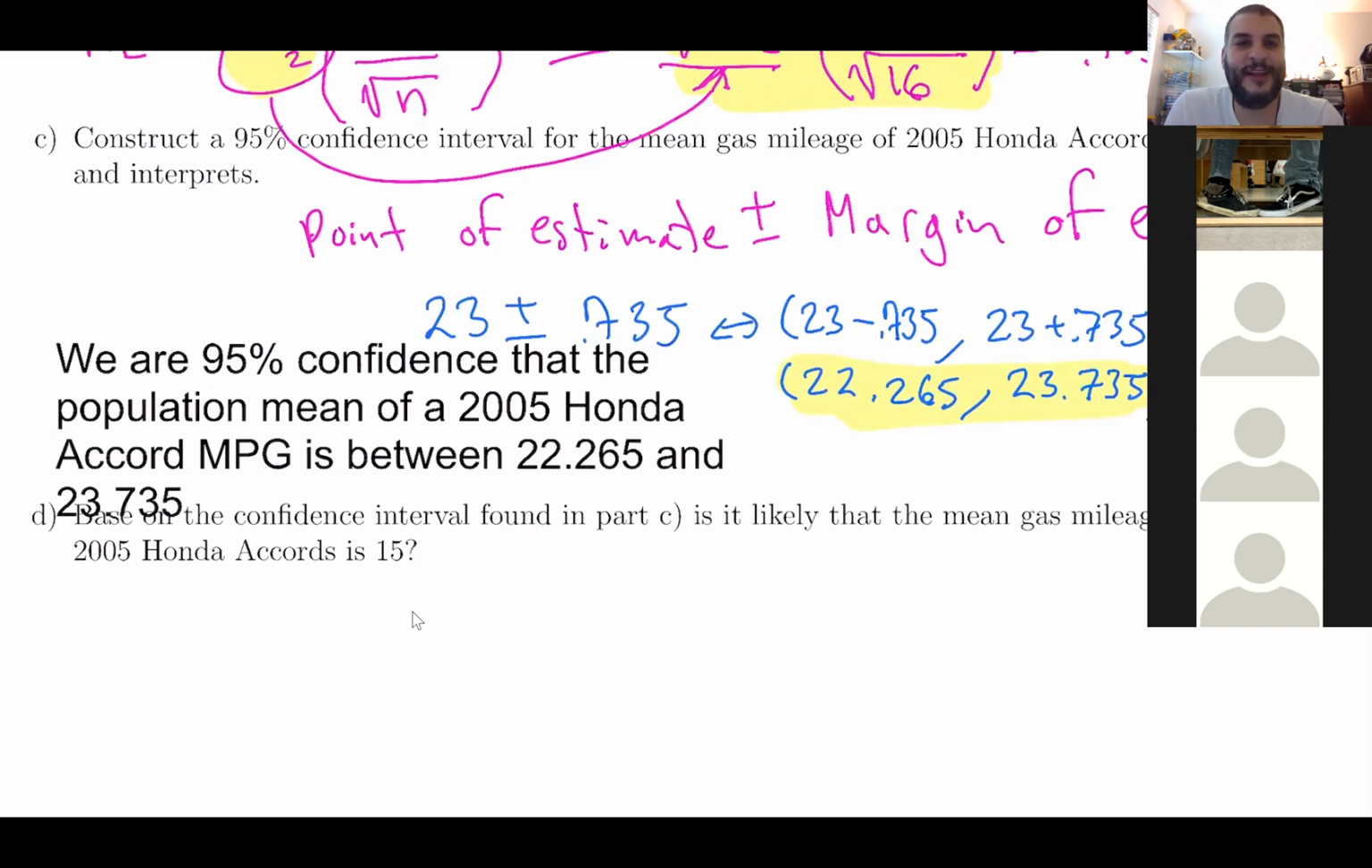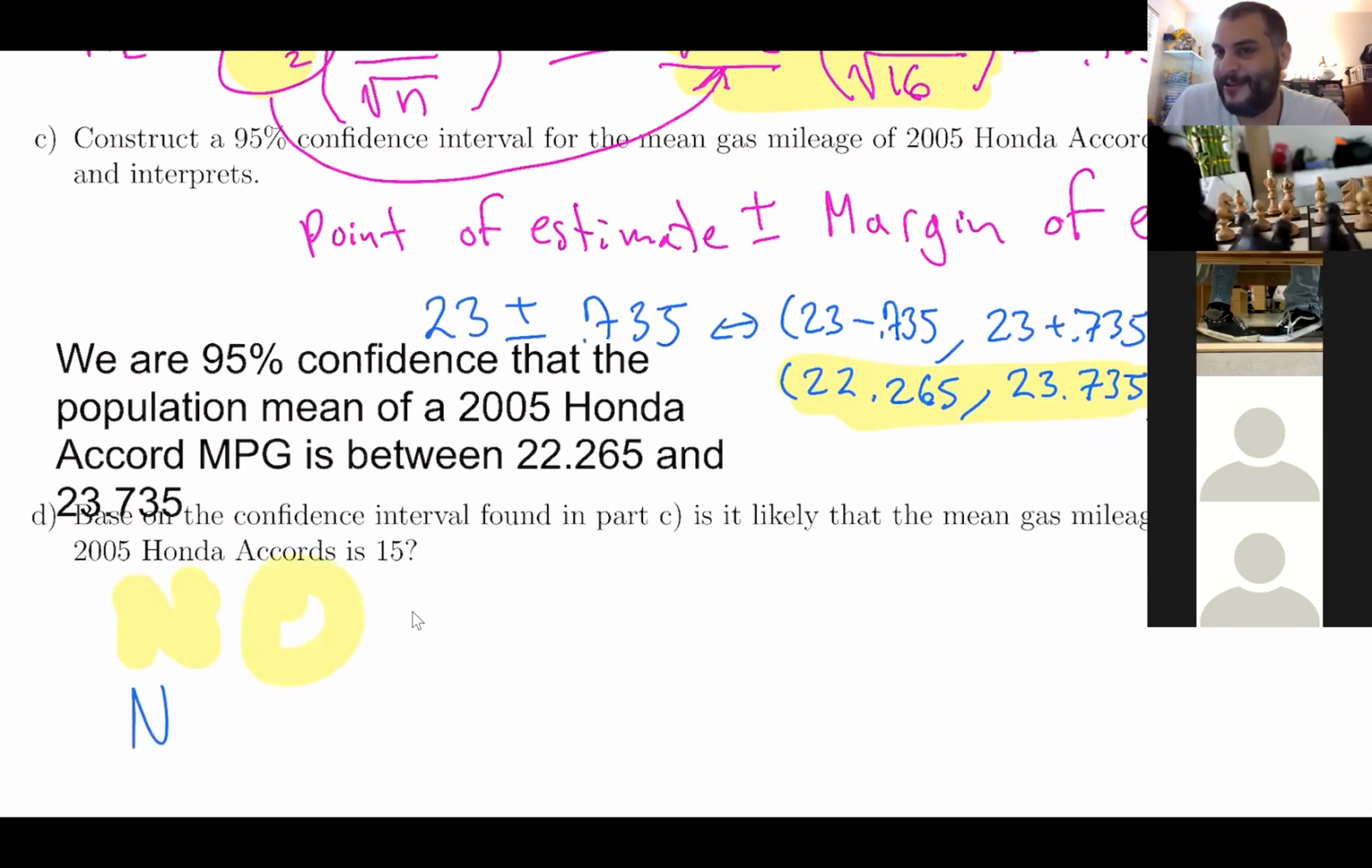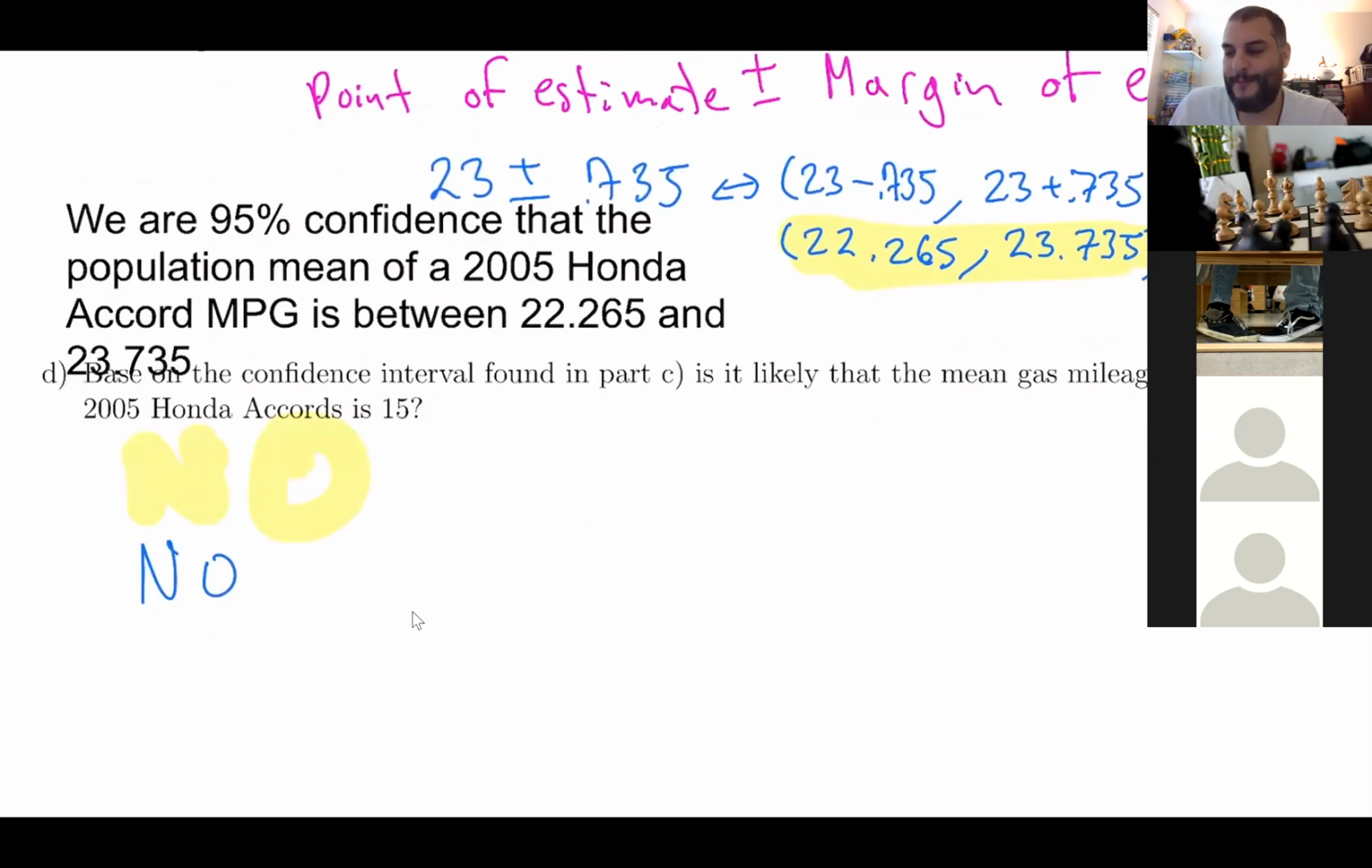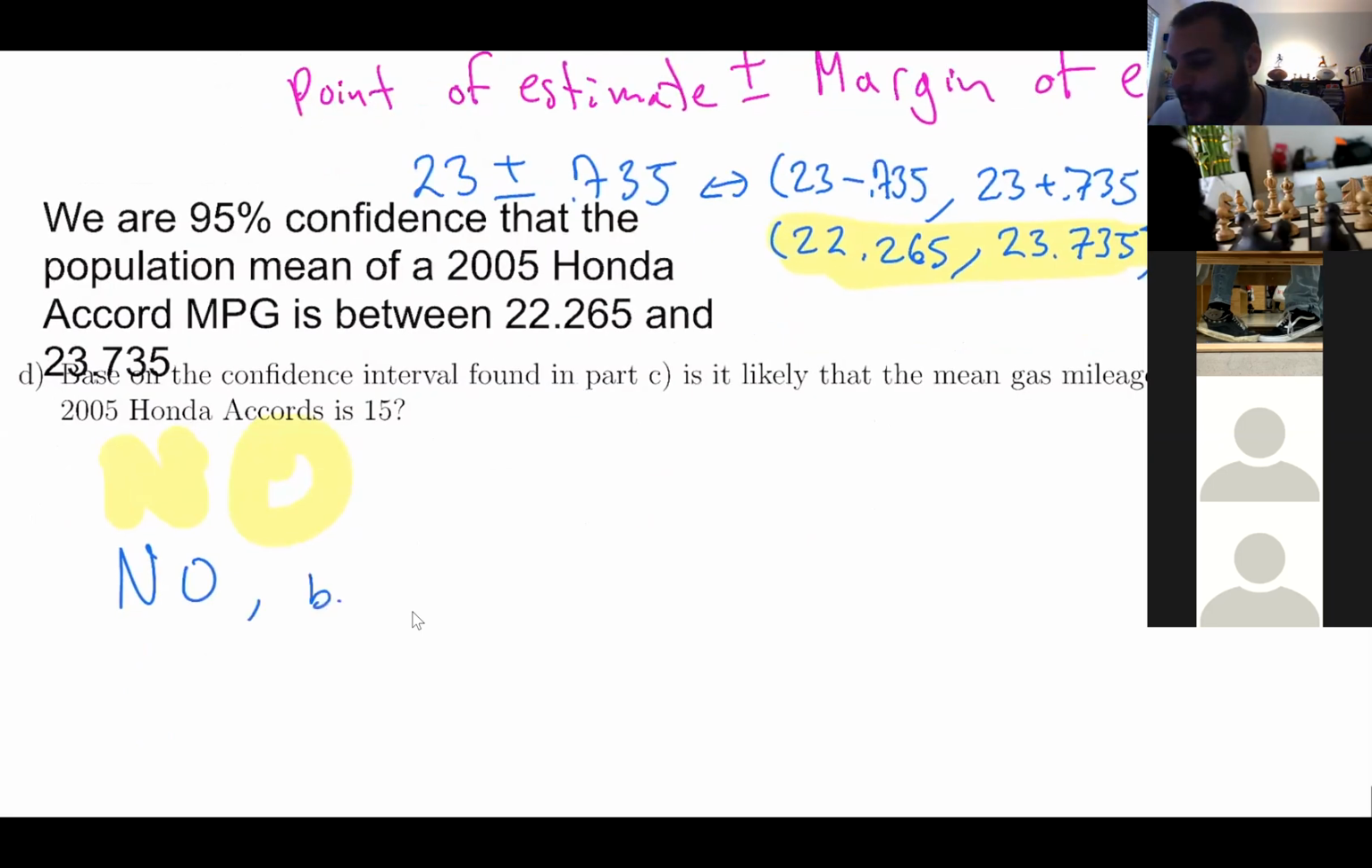So the confidence interval is telling you the population mean should be between 22.265 and 23.735, and we're trying to figure out, is 15 a possibility based off of the confidence interval? Will we say it's a possibility? I don't think so. So we'll say no. Well, why no? Because it's not between 22.265 and 23.735. Perfect. So we'll say no because